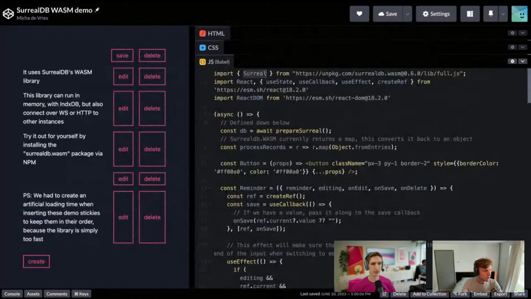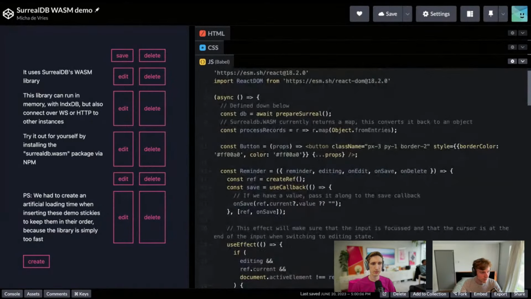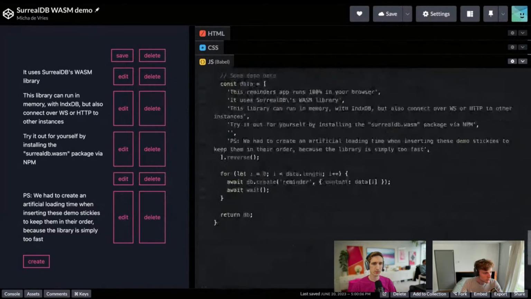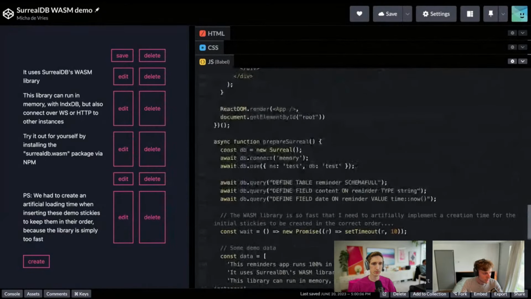And if we go ahead and take a look at the code, you can see that we're importing SurrealDB from unpkg here. So it's basically a CDN for NPM, which allows you to import any NPM package via a public URL. We've got some React here to make it a little bit easier to develop the app. So what happens is we're initializing a SurrealDB instance here, and we're connecting to it via a memory instance, as it were.